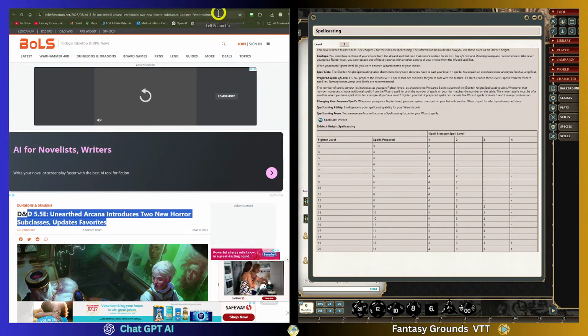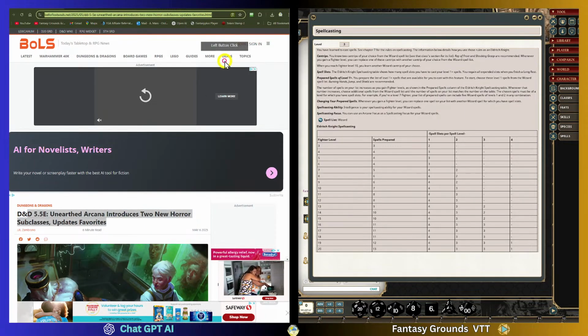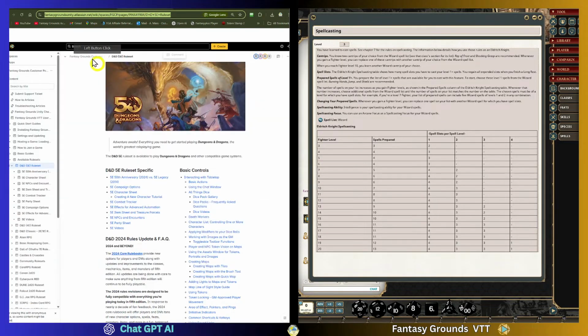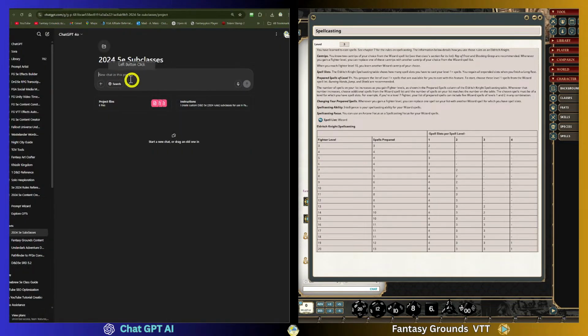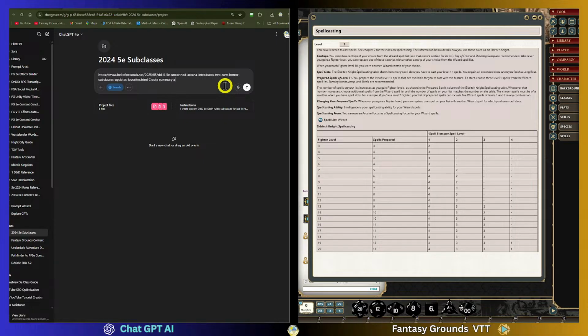So what I'm going to do is start off with this, and then I'm going to basically say we're going to search, and then I'm going to provide this URL and create a summary and list of the new